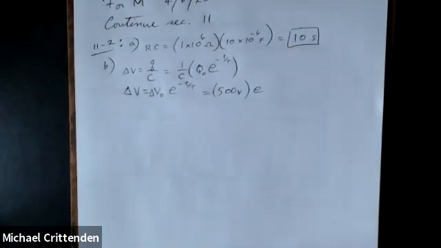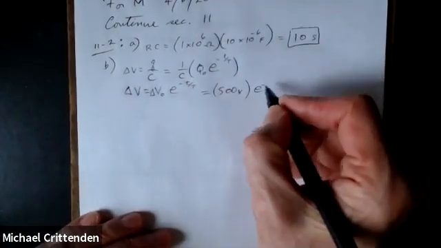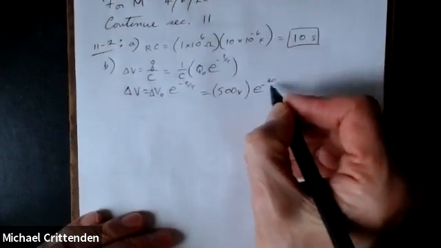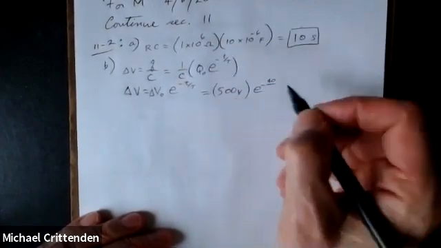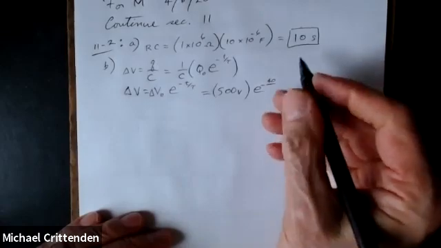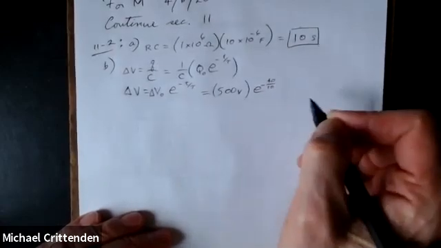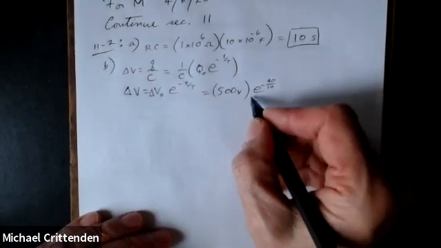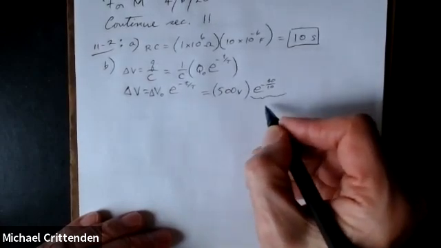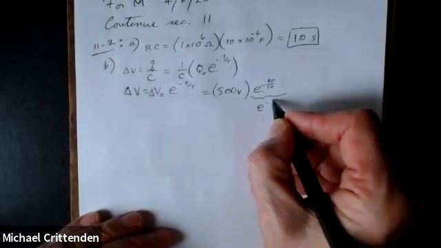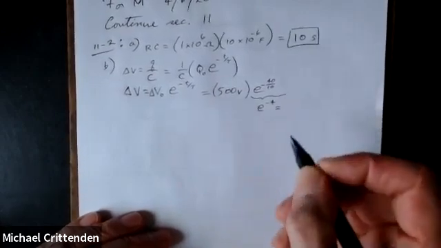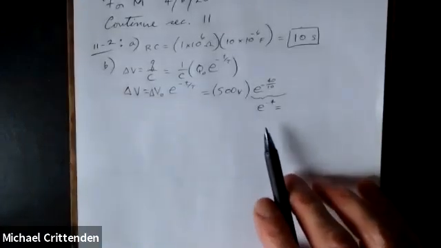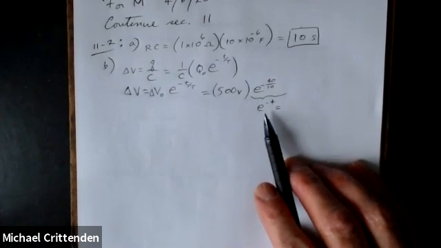We want to know the voltage at t equals 40 seconds. So that 40 is what goes in for t. Tau is the time constant, that's the 10. So e to the negative 4th power,